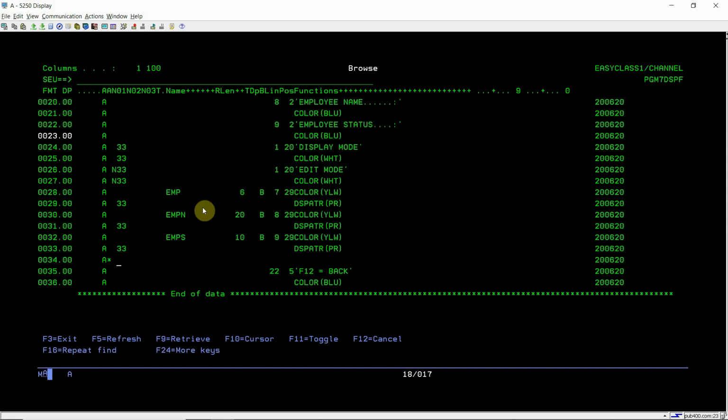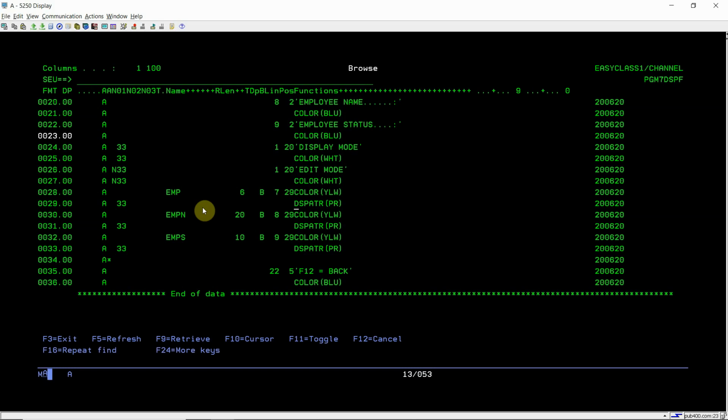So what is the use of this DSP-ATR here? DSP-ATR is used with every field, and the same indicator is attached to every field, meaning if 33 is on, then this keyword is in active mode. It will be enforced with these fields.